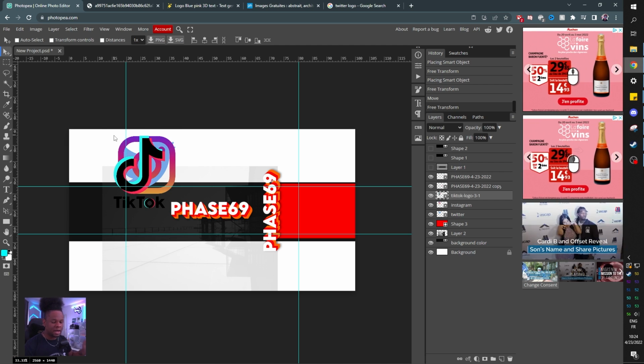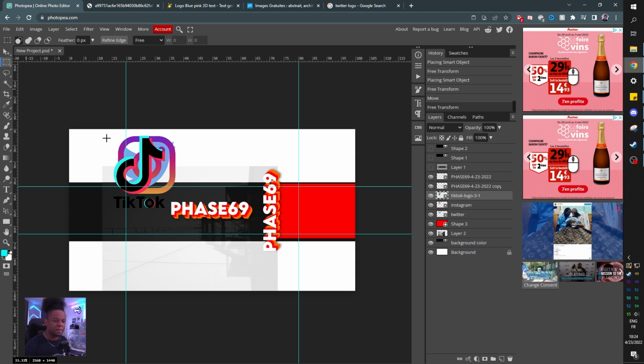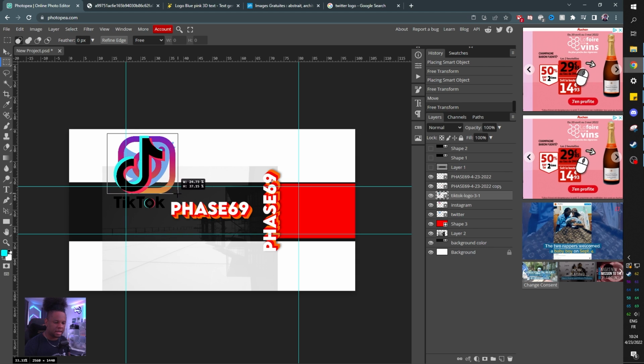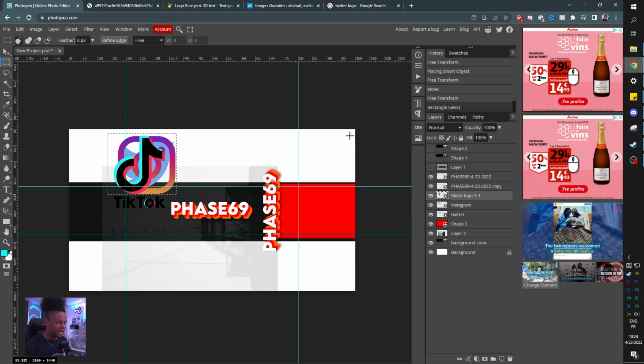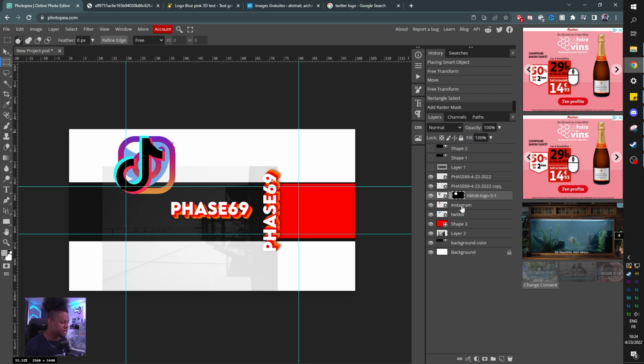In this case, I can just draw a rectangle, select it, and then create a mask, right? So I can do this. Mask is here, or press M on your keyboard. Select, boom. And at the bottom of your layers list, you're going to see a rectangle with a round shape in the middle of it. And it's a raster mask. Click, boom. Now TikTok is the same size.